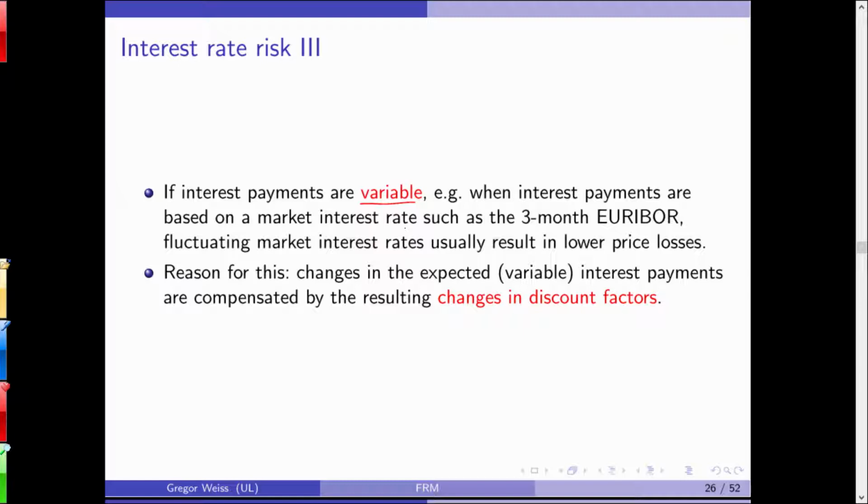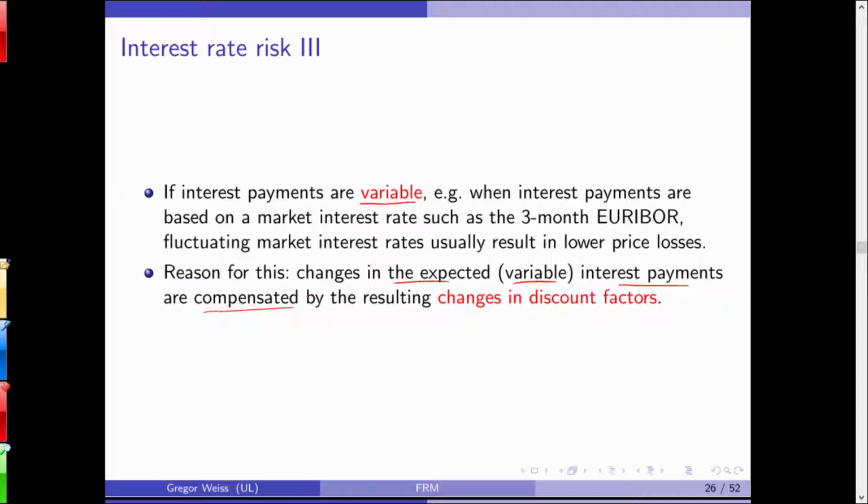So you will earn €1 in a higher interest rate payment, but you will also lose €1 because discounting is higher and the discount factor is higher. So changes in the expected variable interest payments are offset or compensated by the resulting changes in